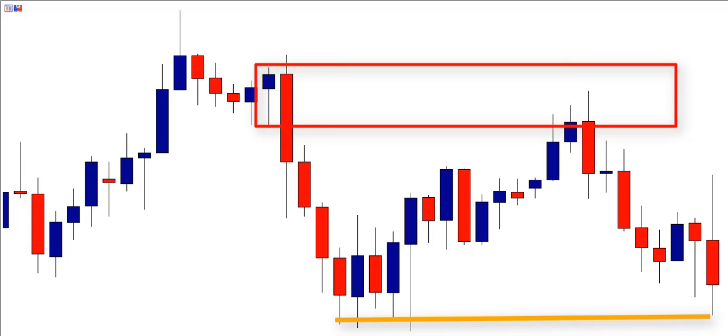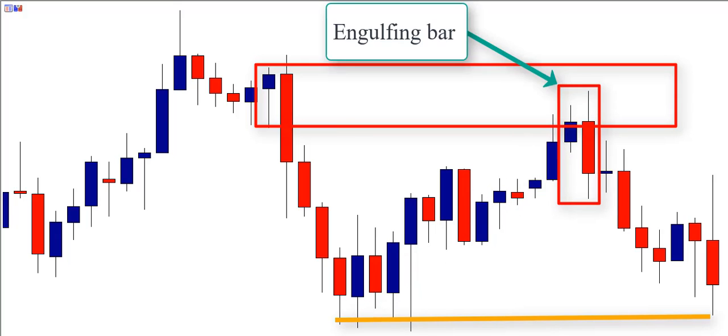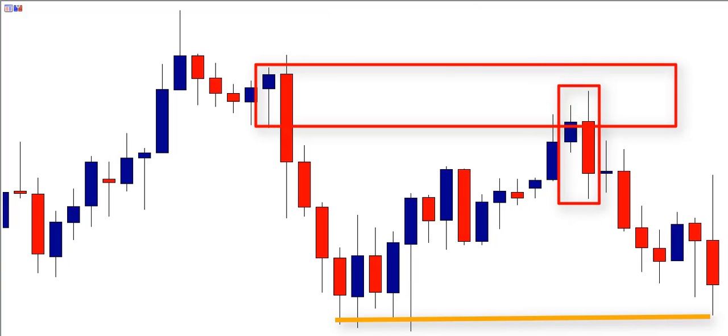So when the market retraced back to test the zone, we had a nice engulfing bar candlestick pattern. But there is a problem. This candle is big, and if we enter at the close of the engulfing bar and we place our stop loss above the supply zone, we will not have a good risk to reward ratio. So the only way to keep a good risk to reward ratio is to enter at the 50% of the